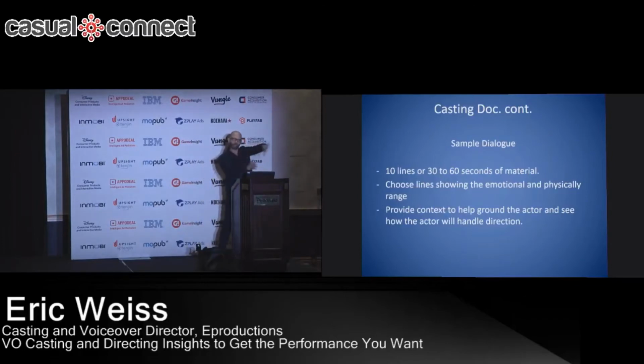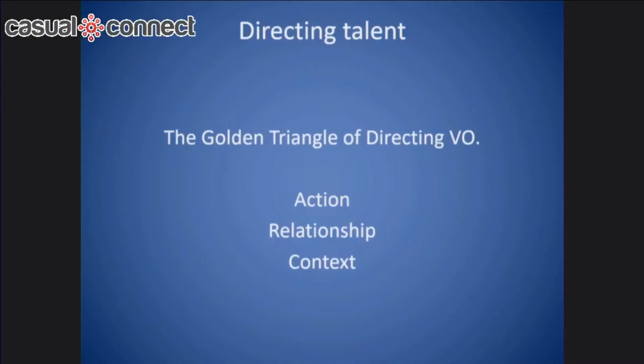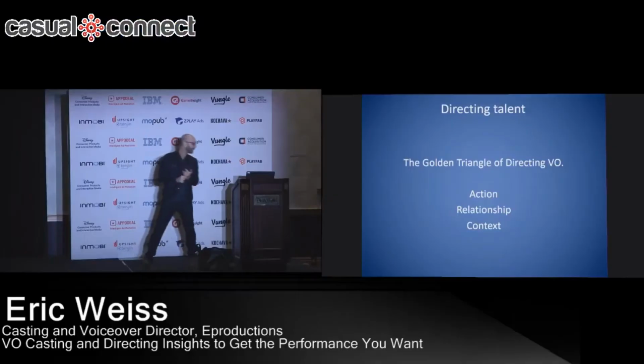Which then leads me to, I'm going to move out of the casting document and move into when you're directing talent. I call it the golden triangle. When I'm directing talent, there are 3 things I focus on. One is what the character is doing. The other one is the relationship, and the other one is the context. And if you focus on those 3 things,